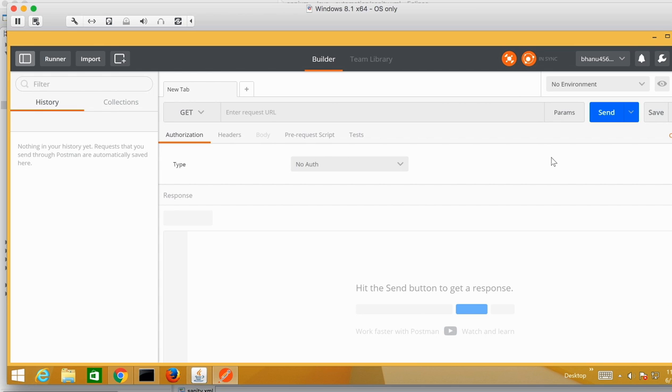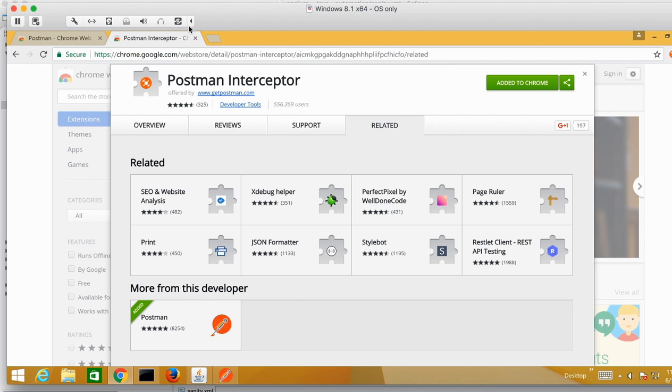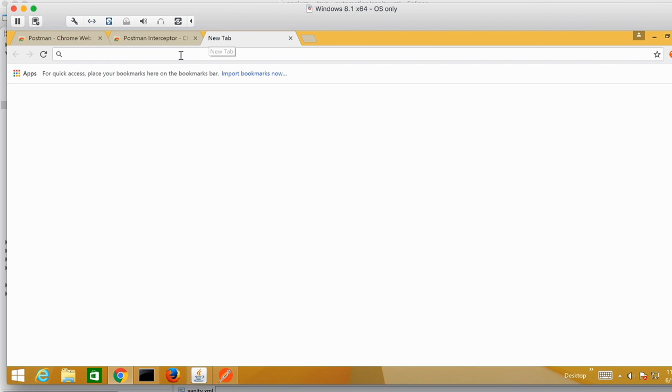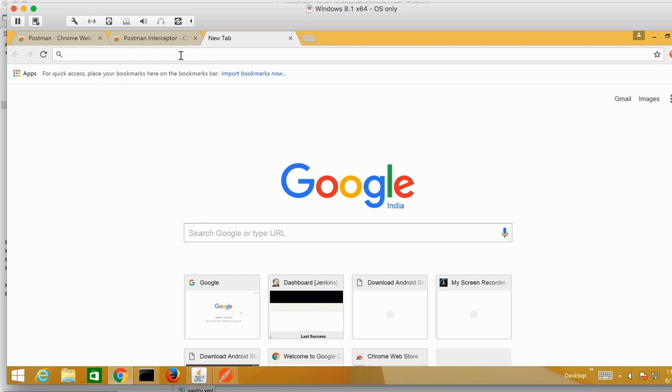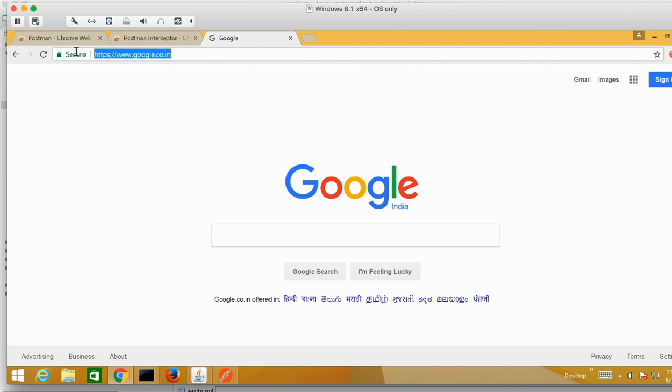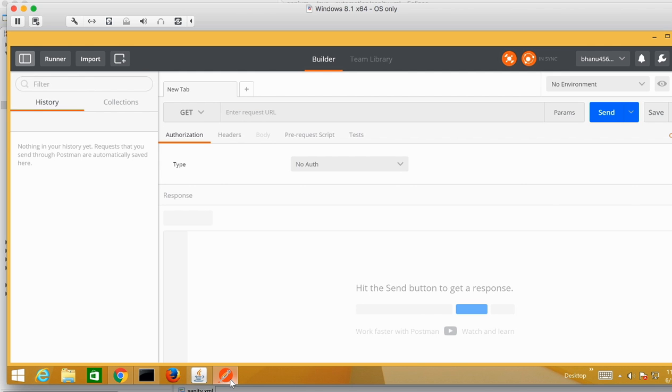Now let me show you one small example. In Google, I will write www.google.co.in. I will try to test this. This is a get call. I'll take it from here, come to Postman, and paste it with Control V. So here you select get and give this URL.